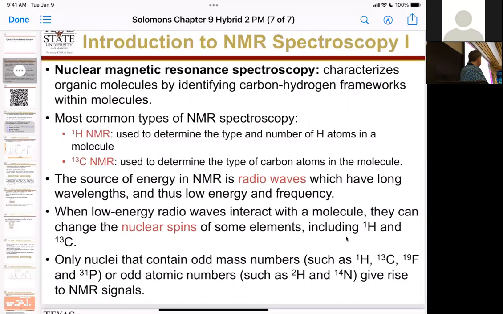Okay. So these low frequency waves interact and change the nuclear spin of elements that typically have an odd atomic number, or an odd number of things in an isotope with an even number. So that turns out that with hydrogen, it was atomic number 1, but the 2 is also NMR active. Most commons are hydrogen, carbon, fluorine, and phosphorus. Okay, so